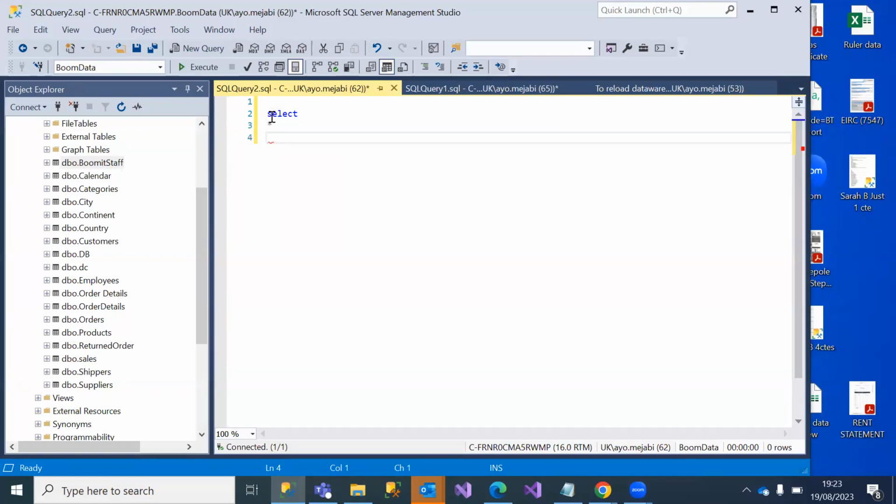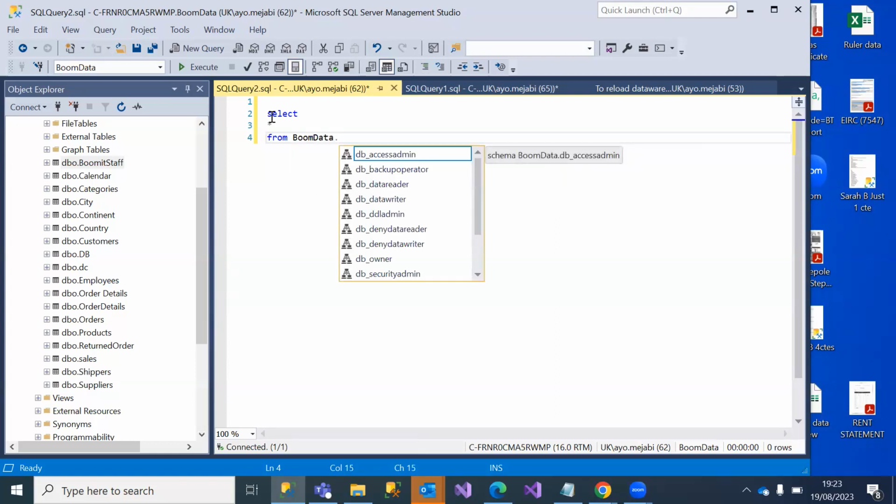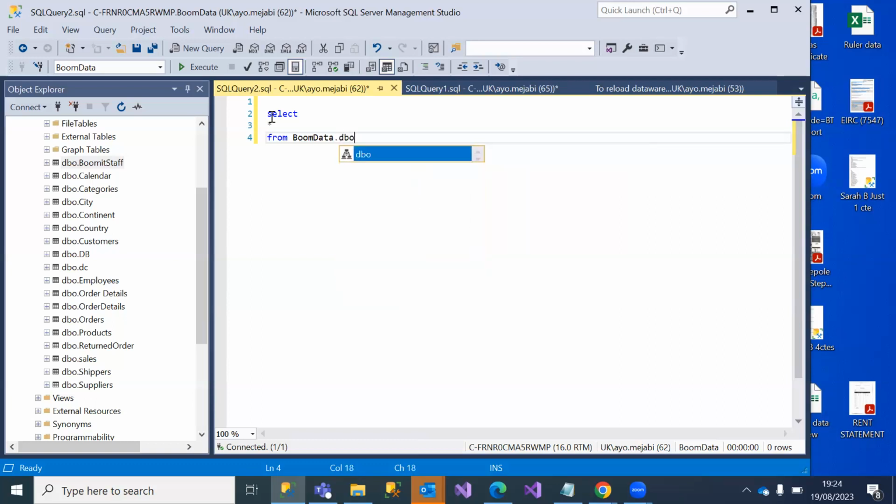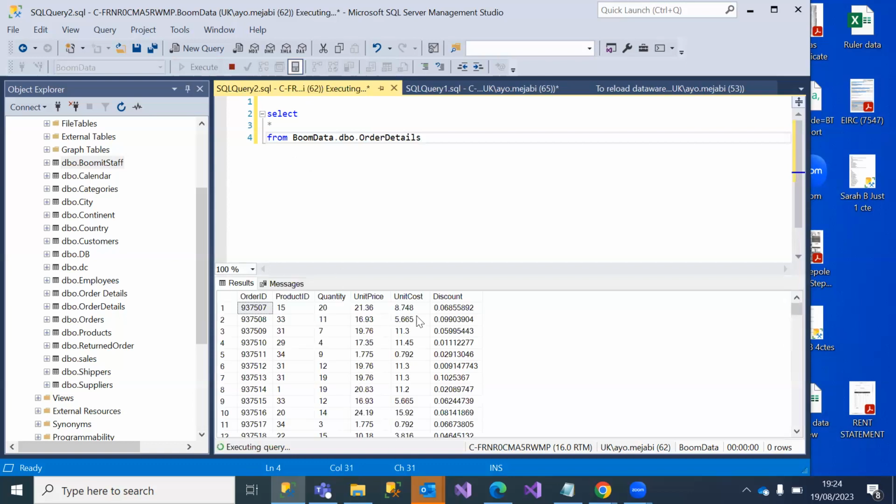Select star from boomIT boom data dot DBO dot other details. Okay, so that's going to give us this other ID.